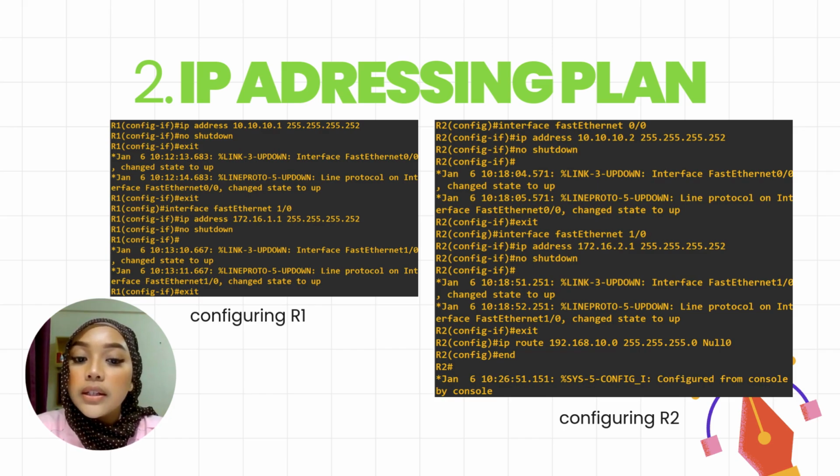Additionally, we configured a static route to null zero using the command ip route 192.168.10.0 255.255.255.0 null 0. This configuration is important because it allows the LAN network to be advertised via BGP while preventing routing loops or unwanted traffic forwarding. Overall, this IP addressing plan clearly separates internal IBGP links, external eBGP connections, and the LAN network, ensuring stable and